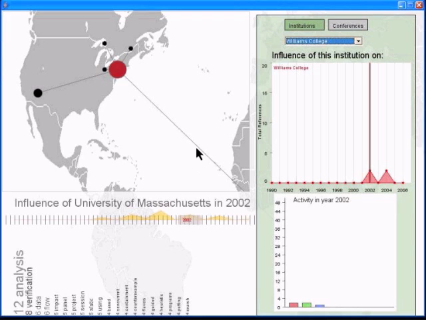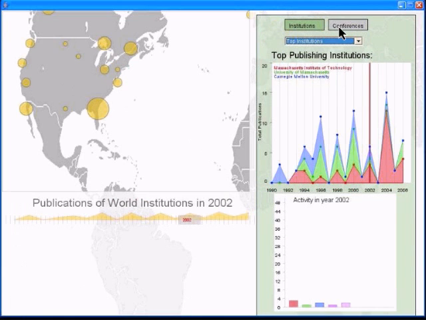Now, not surprisingly, the map view shows where the other referencing institutions are for the current year. So we can see that Massachusetts Institute of Technology has 1 reference in the current year. Now, let's talk about the Conferences tab. So we can click on the conferences,